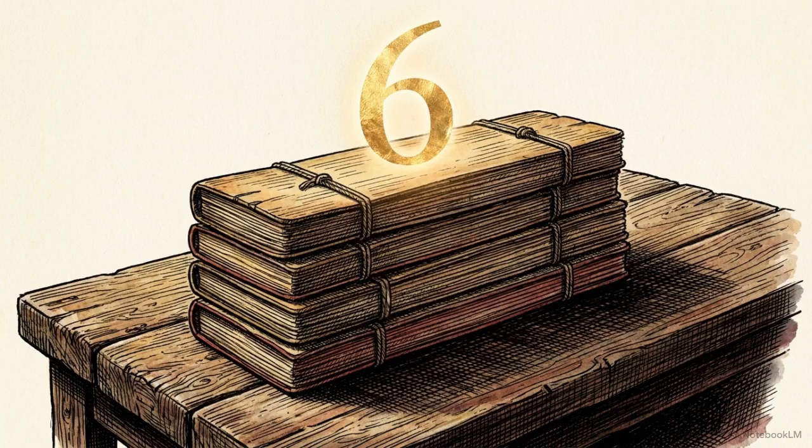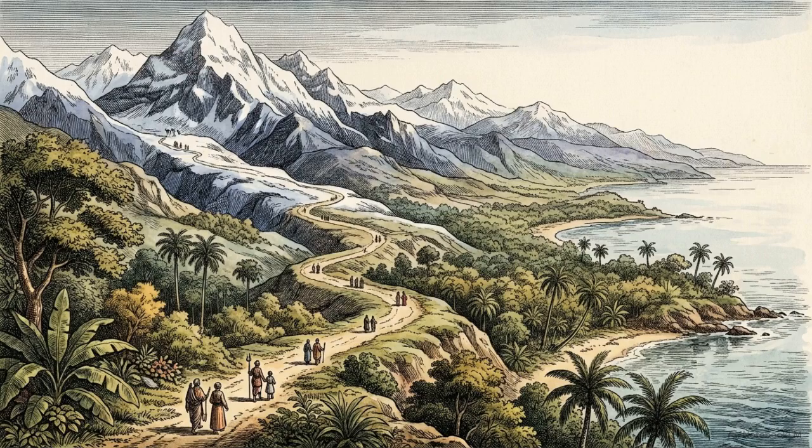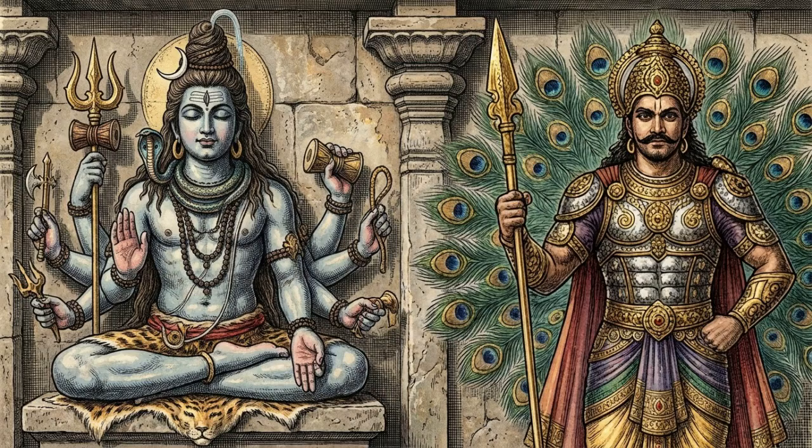While these 7 zones are standard, some traditions classify the material into 6 samhitas, indicating that the text was a dynamic record that evolved alongside the geography it described. This macro structure demonstrates a concerted effort to spatially unify the subcontinent through a single shared narrative. This raises a structural question. If the text is a geographic encyclopedia focused on the supremacy of Shiva, why is it named after Skanda?